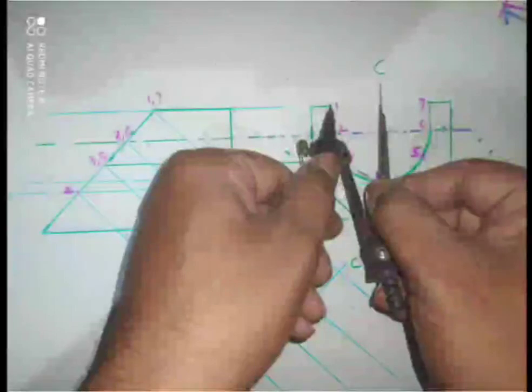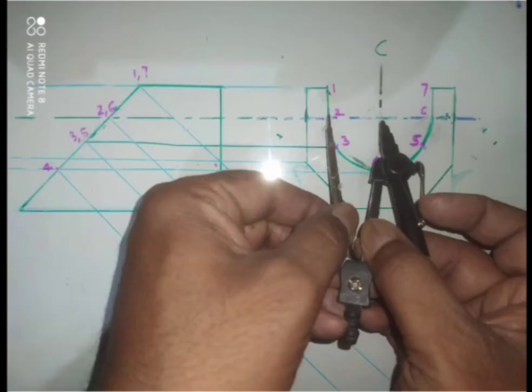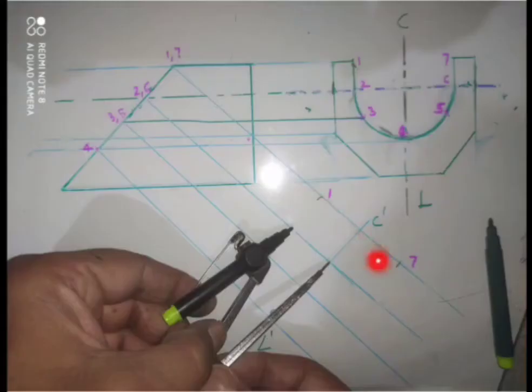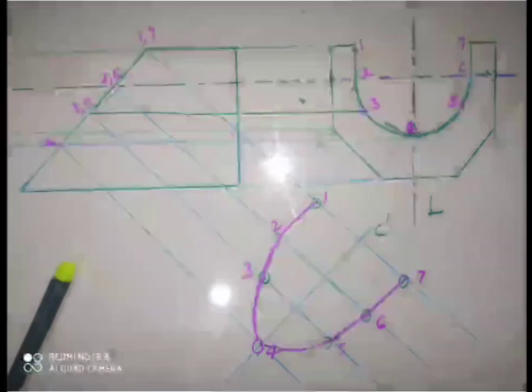Now I have taken a horizontal distance from the center line, that is C dash L dash, to 1 and 7, it is the same. From 2 and 3 it is the same. And I have marked here from that point 2 and 6. Next, similarly I have taken this horizontal distance. I will come here and put the metallic pointer of the compass here and mark on either side. Now the point 4 is on the CL line. Here we have to mark 4 on the CL line and draw the freehand curve here that will show the inner part.